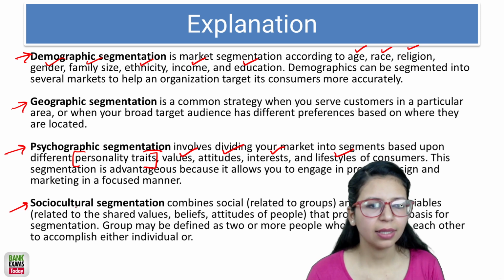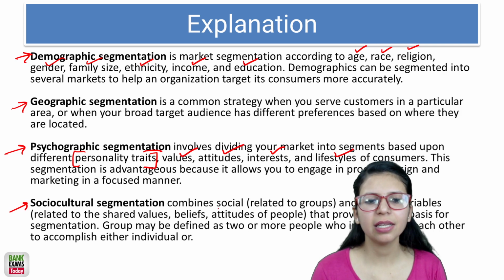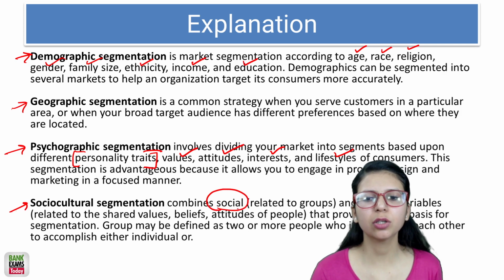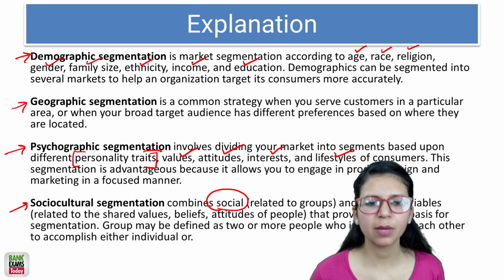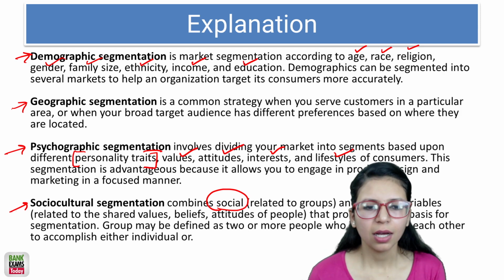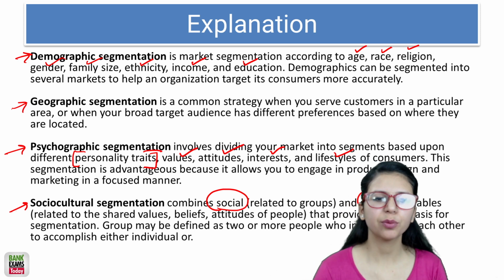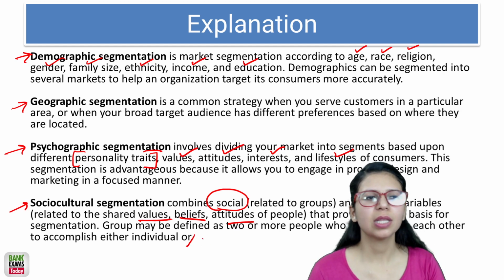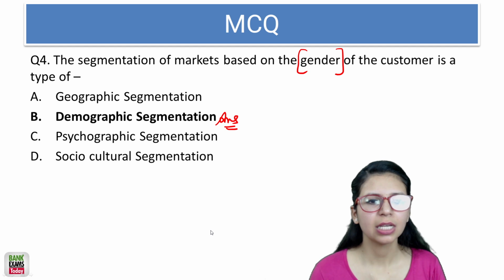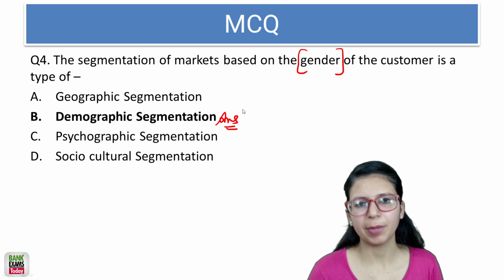Okay. And then lastly, socio-cultural segmentation. It is basically related to groups, social groups or cultural groups, that share the same values, beliefs. Socio-cultural segmentation can also be there according to values, beliefs, and attitudes of the people that interact with each other. Okay, so that's all for this question. So our answer for the gender question is demographic segmentation. Okay,